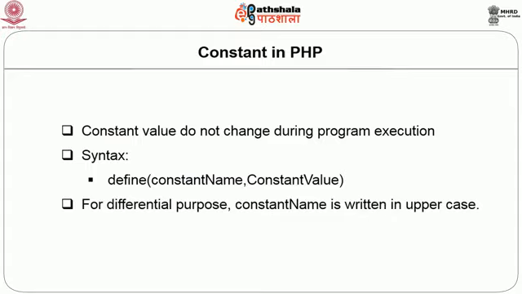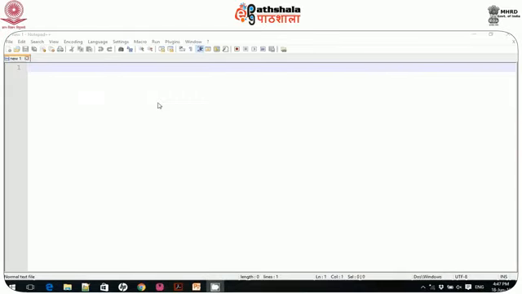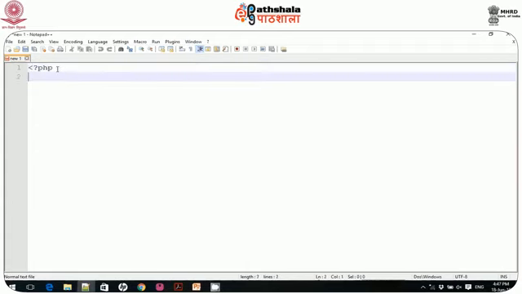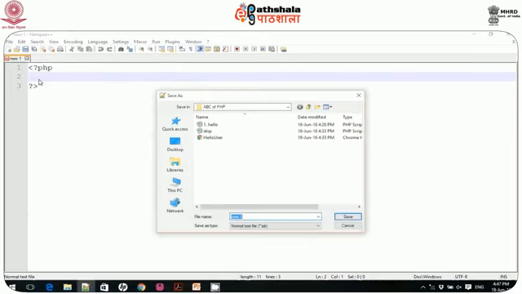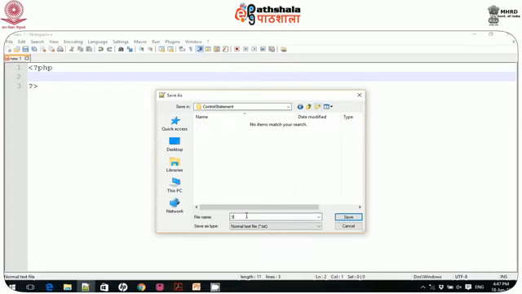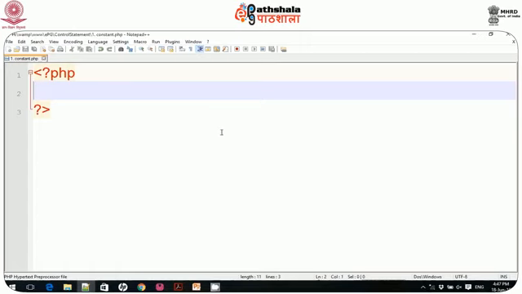I start with the start PHP and end PHP tags, and save this as a file, save as onto the web folder, as constant.php, as I want to demonstrate constants.